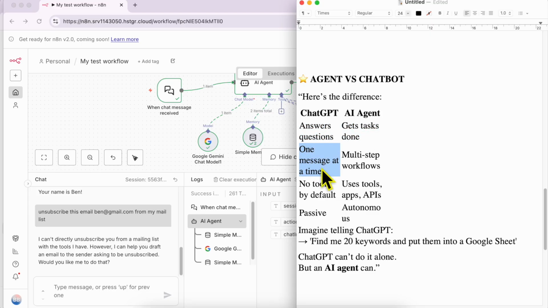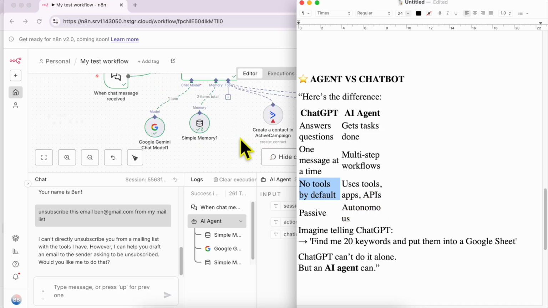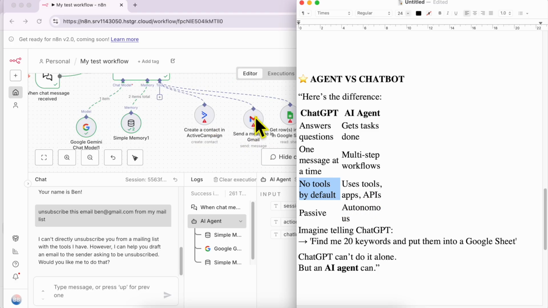Only one message at a time. Here, an AI agent can make multiple step workflows instantly or automatically. ChatGPT does not use tools by default, while an AI agent can use tools like here Active Campaign, Gmail, Google Sheets, and also